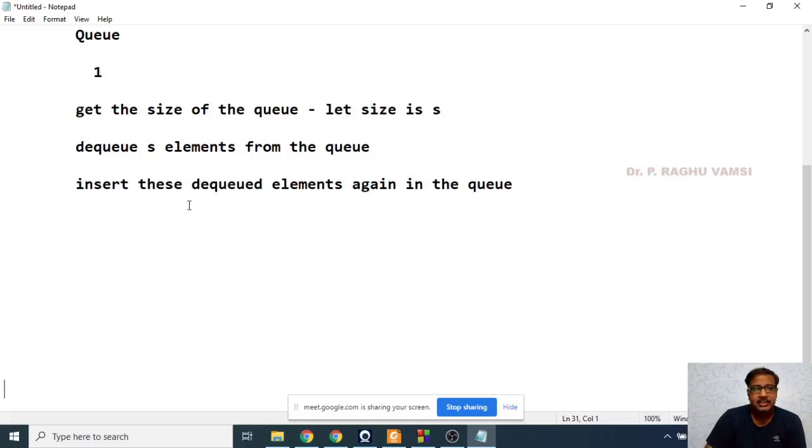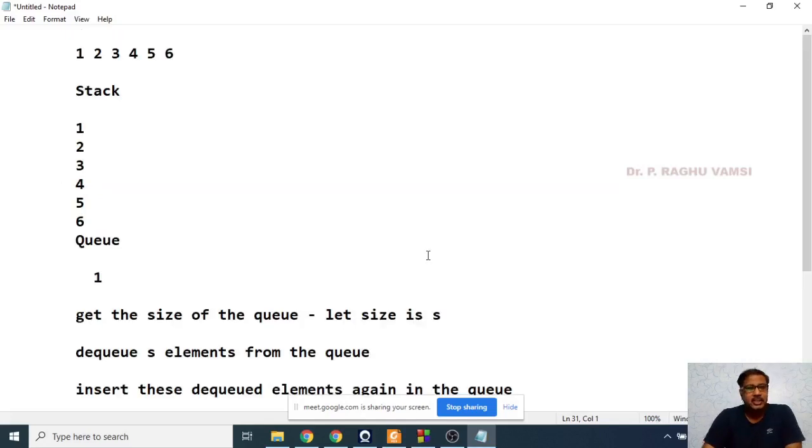First you will get the first element, next 2, 3, 4, 5, 6, and next the seventh element.